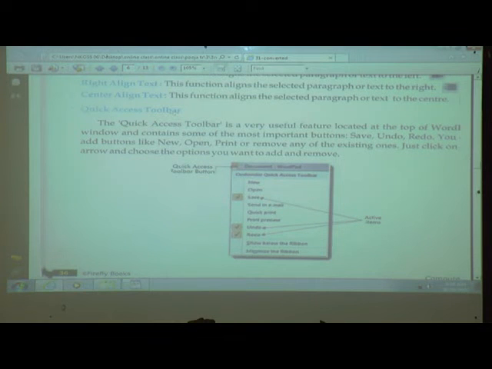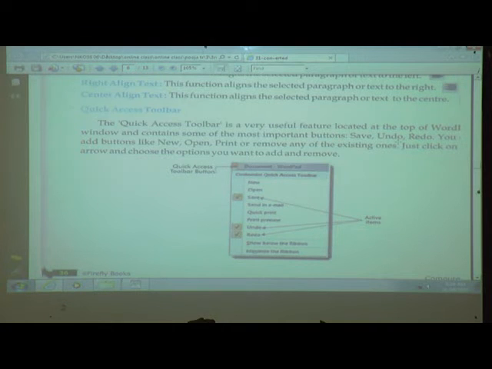The quick access toolbar is a very useful feature located at the top of the WordPad window and contains some of the most important buttons, which are save, undo, redo.